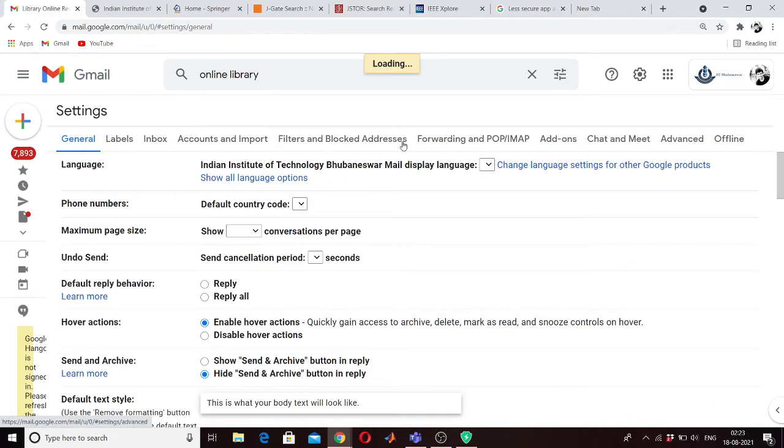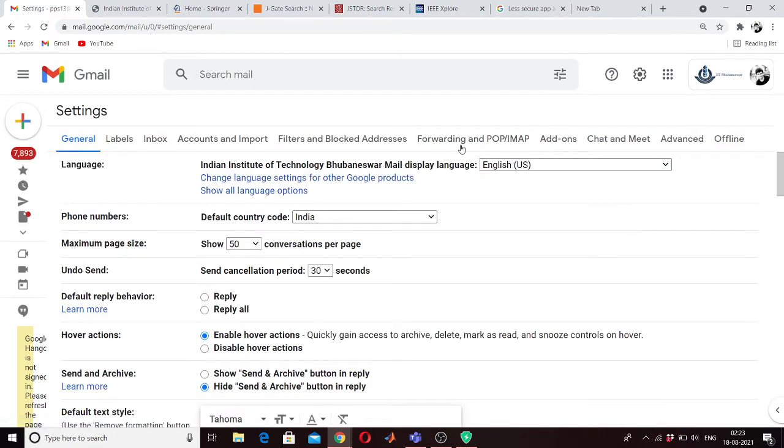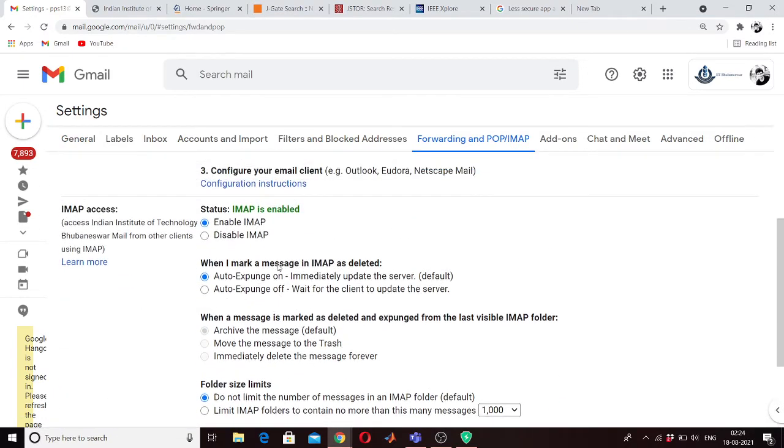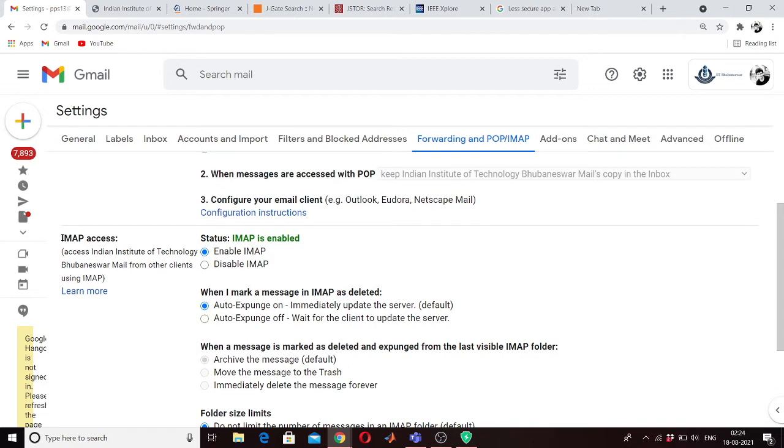In this, move on to forwarding and POP or IMAP, and you need to enable IMAP access, that is, access Indian Institute of Technology Bhubaneswar mail from other clients using IMAP.